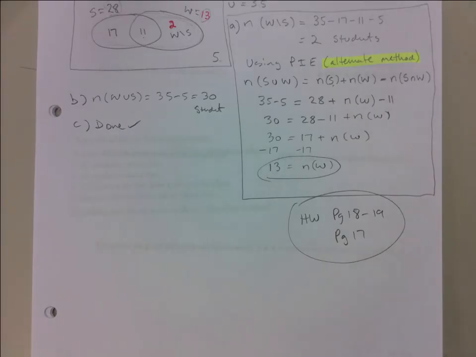So pages 18 to 19 are word problems. There should be a Venn diagram. Even if it doesn't ask you, you should have a Venn diagram. That's like part of your work. Okay? And then 17 as a review. Do yourselves a huge favor and do this for homework. Because even if you're not sure what's happening, if you come back on Monday, you're going to be able to actually pay attention and focus on what you're still missing. Okay? You have the rest of the class to